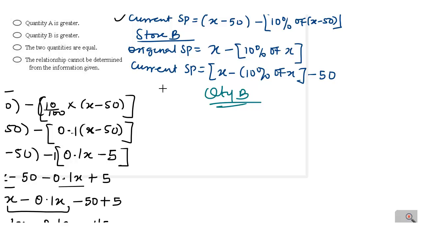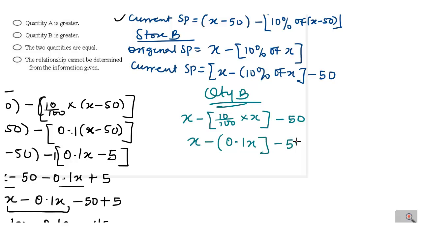So this will be x minus, open bracket, 10% that is 10 over 100 times x, then minus 50. Open bracket 10 over 100, that is 0.1, times x, that's 0.1x, then minus 50. If I open this, it gives us x minus 0.1x minus